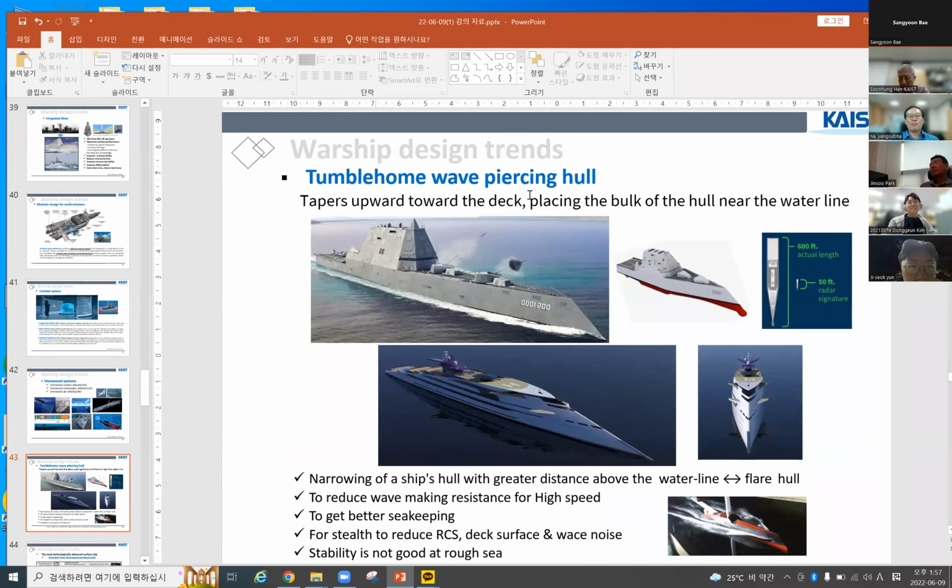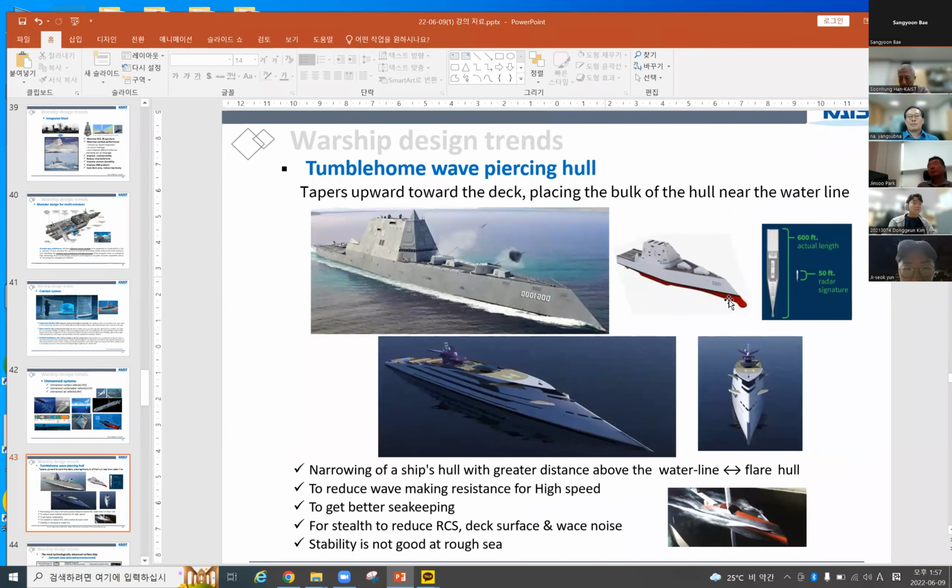And tumblehome wave piercing hull. As you can see, there's some difference because the tumblehome is some zoom out about 10,000 tons Zumwalt class destroyer. This is the 600 feet actual length, but with reduced RCS, the enemy can get the Zumwalt signature about the 50 radar cross section. So very